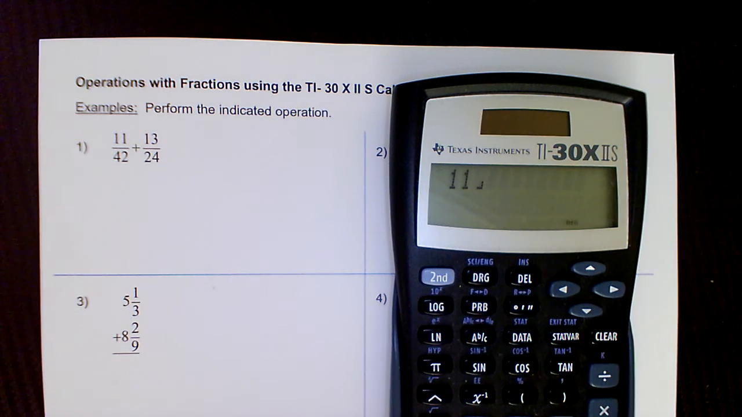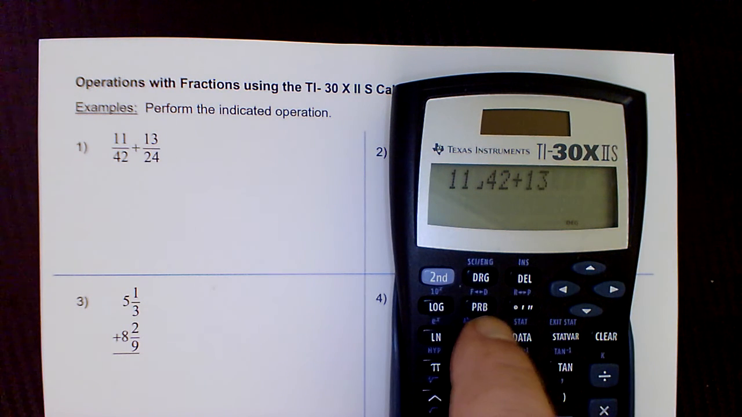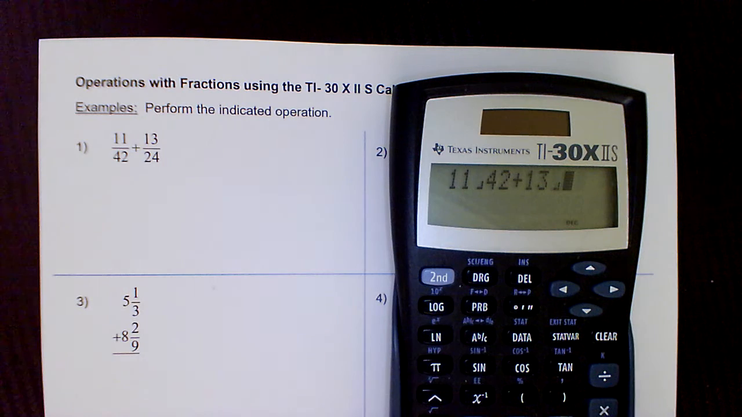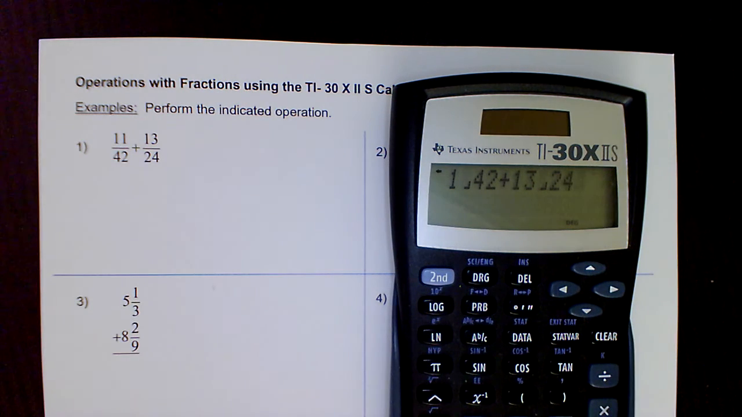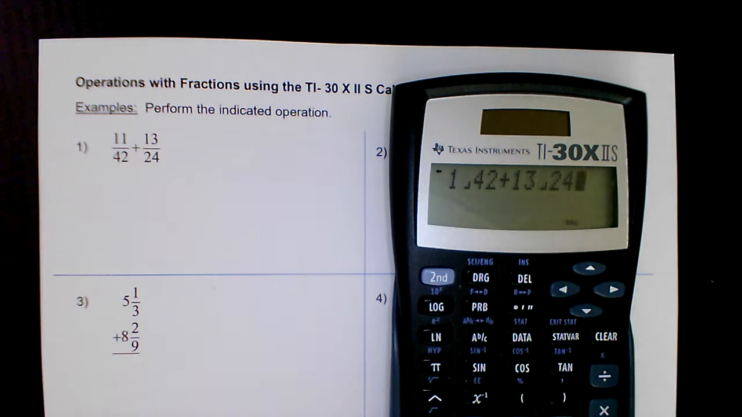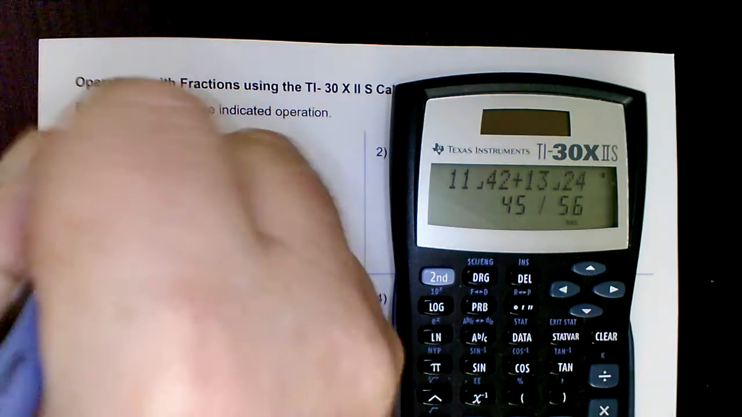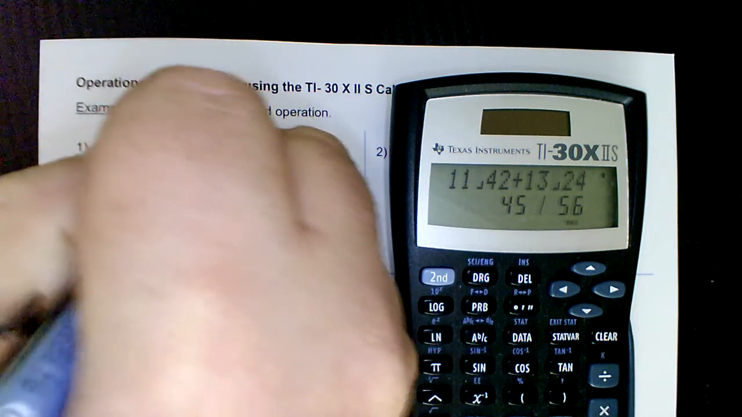Now I want to type in the denominator of 42. Okay, so there's my fraction, 11 over 42, and I just simply want to add, so plus, and now the second fraction is 13 over 24, so I type in 13, hit the fraction key, and enter 24 as the denominator of the second fraction, and just hit enter, and it does everything for you. So 45 over 56 is our final answer,